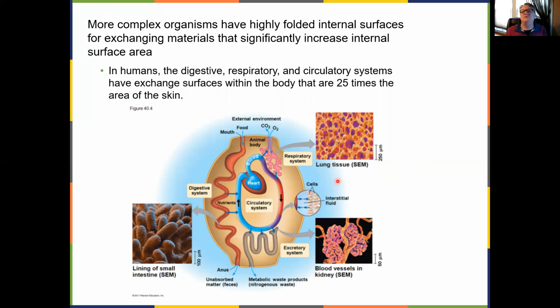However, for most animals, a different solution exists. To become very, very large like us, or an elephant, or a giraffe, the only way that complex multicellular animals can solve this problem of exchanging materials with the environment is to increase your internal surface area. So this ends up being the topic of the rest of the course,